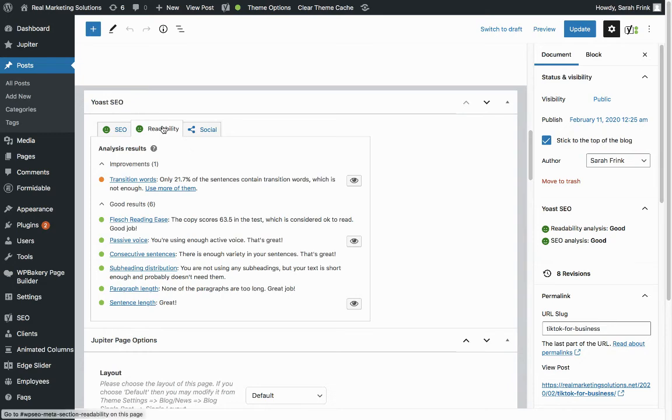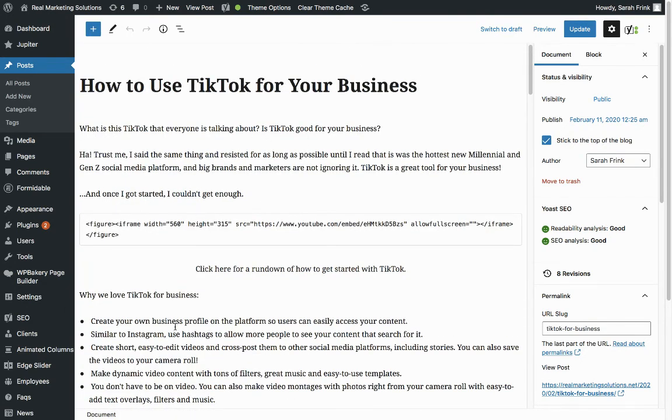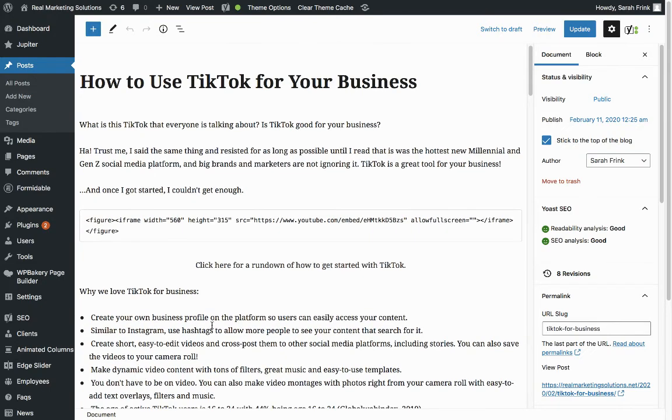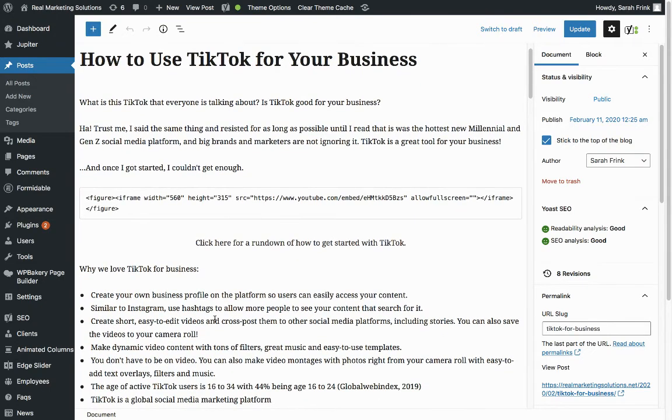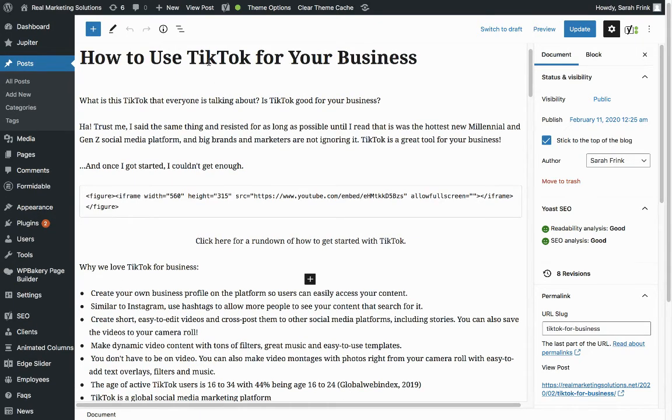So readability is a little bit harder, but you can't go wrong with having a layout along these lines, especially if you're making a lot of bullet points or a lot of different points in your copy. It's always great to have the bullet points here and keep your copy easy to read, easy for the eye. And then that means it's going to be easy to scan through their bots, if you will, as they're looking for that content. So again, this is a WordPress tutorial on how to SEO your blog site or your blog